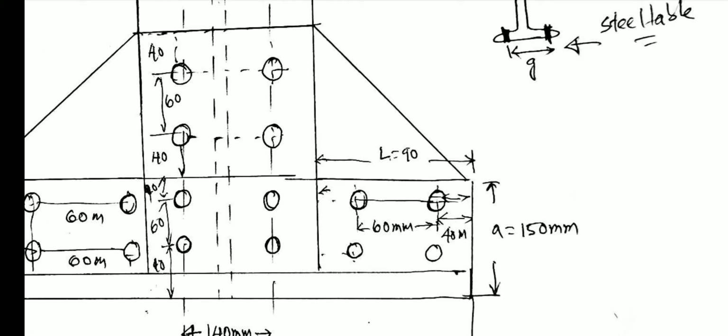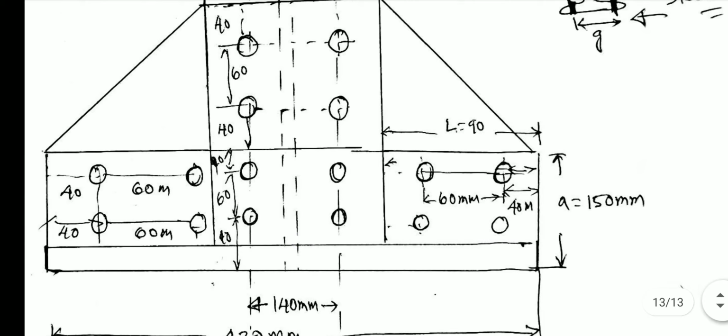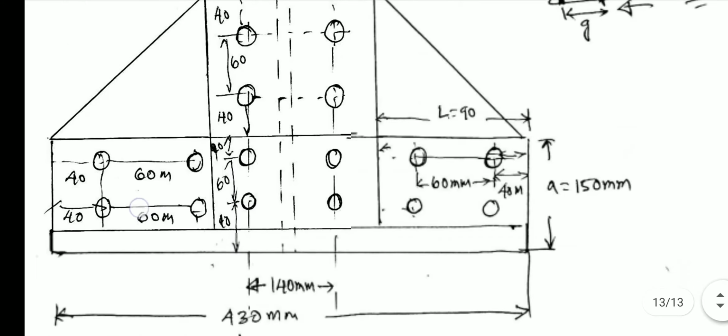The number of bolts arranged here is a total of 8 bolts. We arrange 4 in one line and 4 in the second line, so we get 8 bolts. The remaining 8 you have to arrange in the width of the gusseted plate. The width of the gusseted plate, as you see here, is 250. After that you can directly put a bolt here, then the next bolt at 60 mm, then the next bolt at 40 mm. But when you see, the width of the base plate is 430.